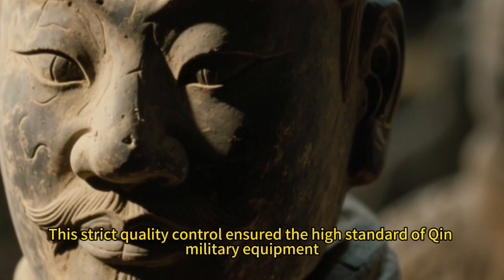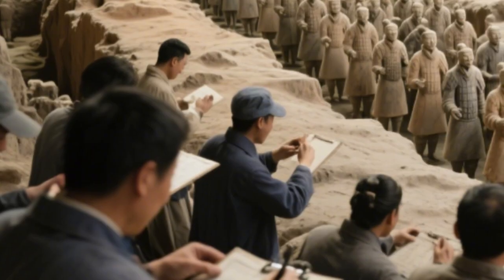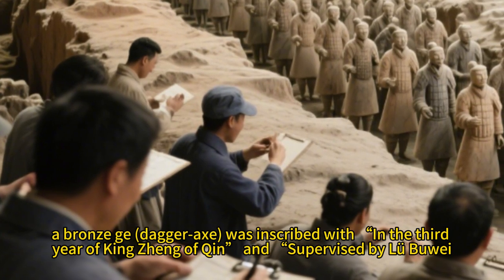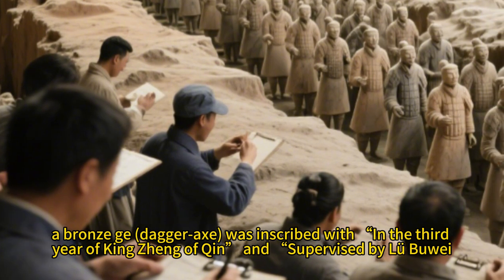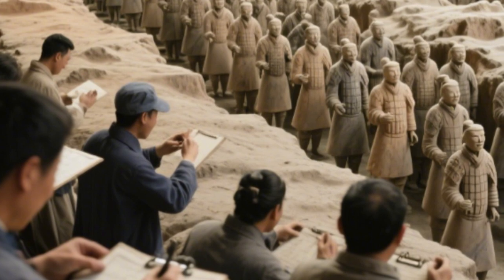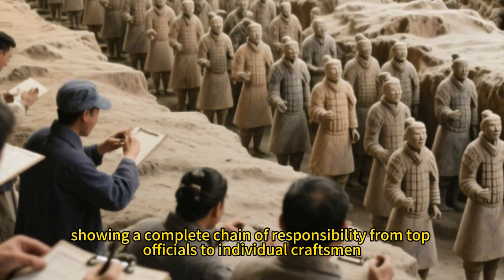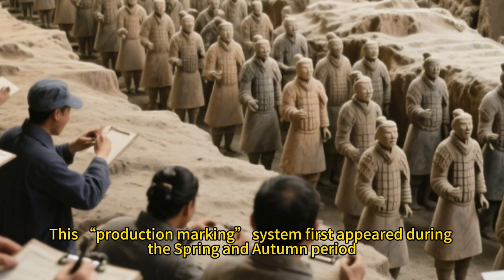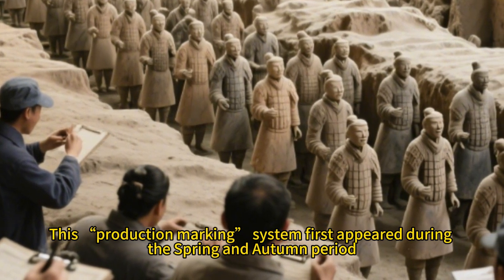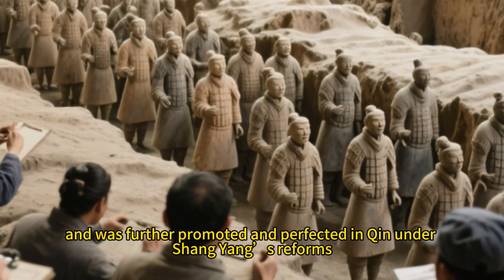This strict quality control ensured the high standard of Qin military equipment. For example, a bronze dagger axe was inscribed with "in the 3rd year of King Zheng of Qin and supervised by Lu Buwei," showing a complete chain of responsibility from top officials to individual craftsmen. This production marking system first appeared during the spring and autumn period, and was further promoted and perfected in Qin